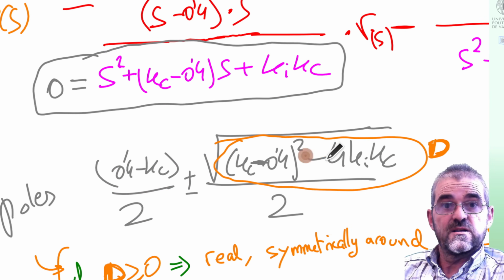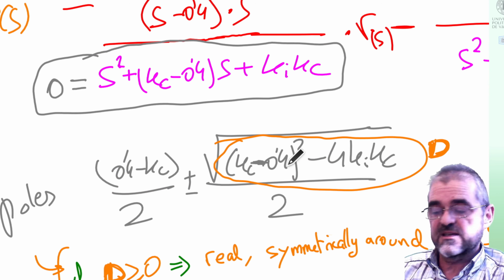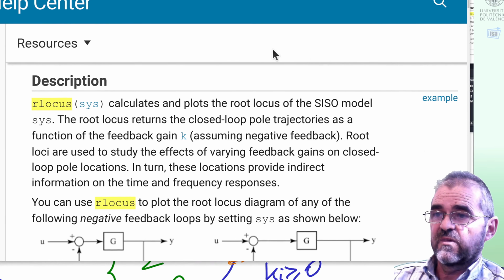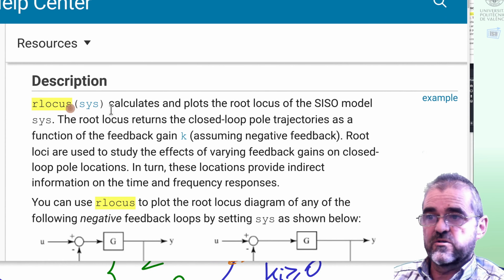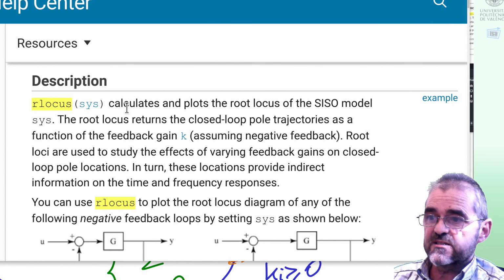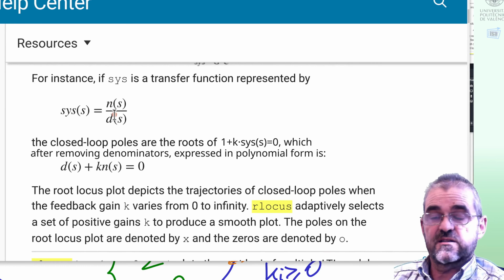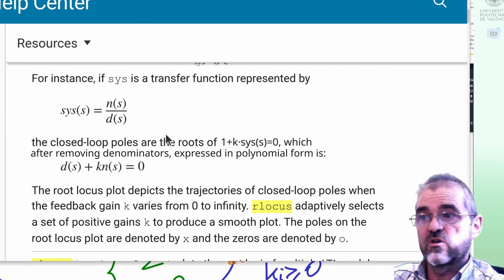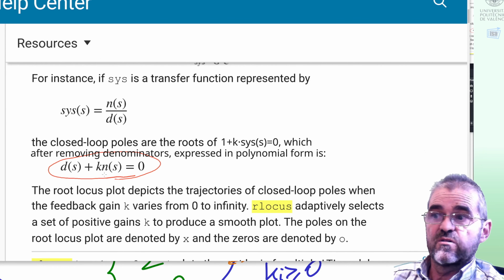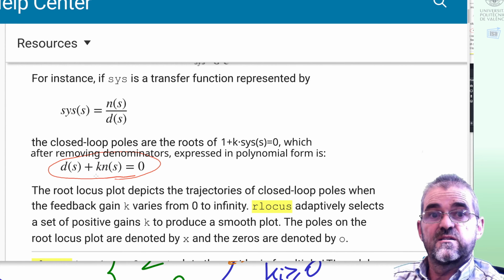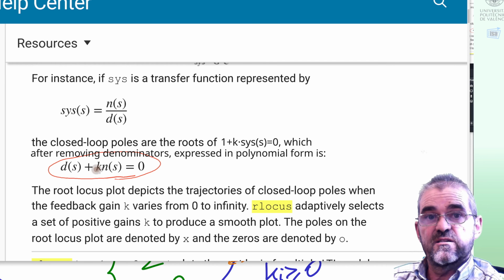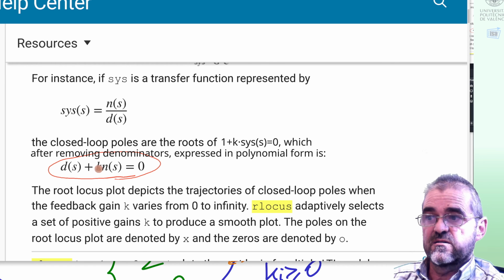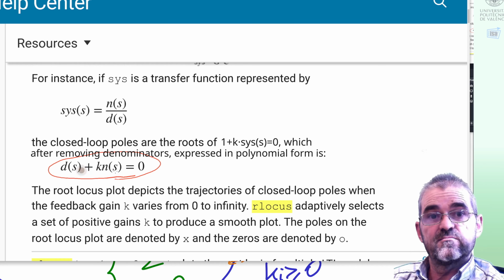Root-locus is a graphical representation of this formula as kc changes. So let's have a look at the documentation in MATLAB. Here we have it, root-locus sys. And what is sys? Sys is a transfer function with a numerator and denominator, so it will solve these equations for different values of k. I mean, MATLAB will give a value of k, 3.29, and then compute the roots of this polynomial and plot them